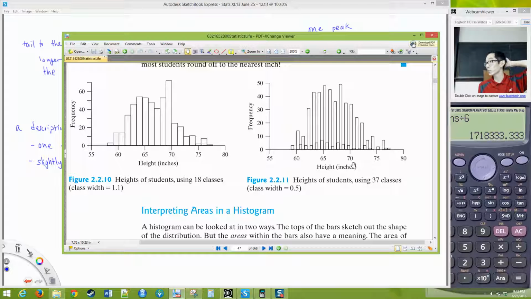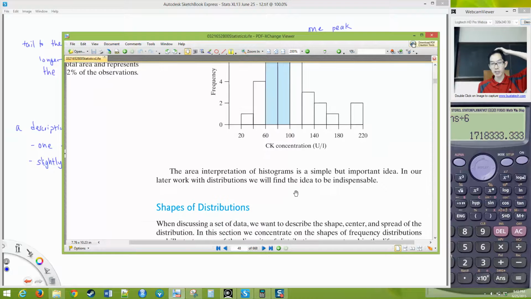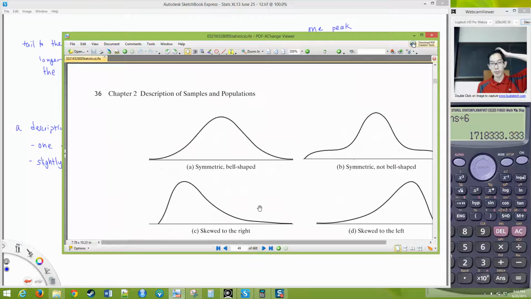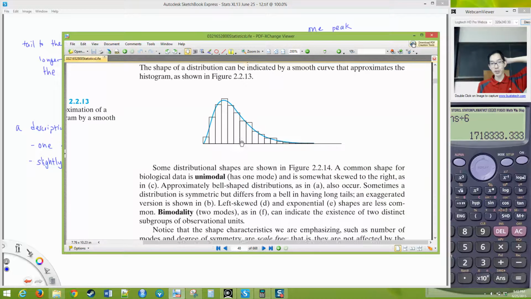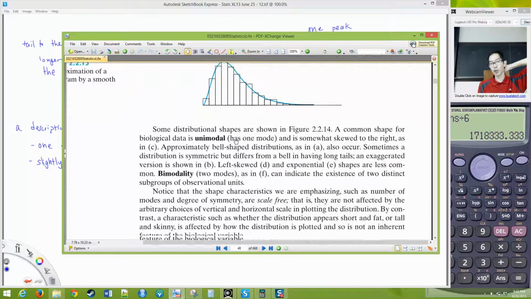If we actually took your measurement, we could get really accurate numbers, and we would see you're not 5'4½", you're actually 5'4.1673" or something. Okay, but because when we ask people to self-report, they give off all these different things. Okay, so anyway, we could summarize a histogram with just this nice smooth curve, and this page in